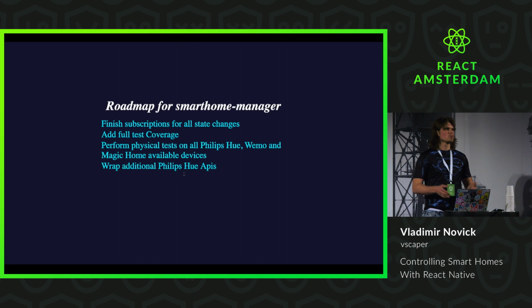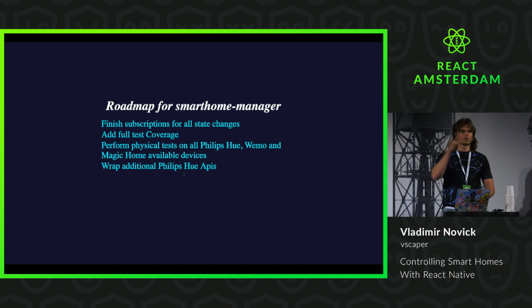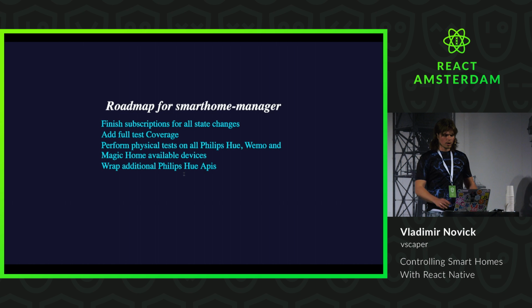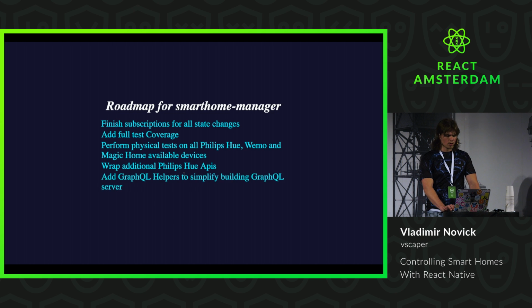Philips Hue API is huge. Currently it has all the basic functionality, but Philips Hue has also authentication API and remote API. You can connect to your home remotely, you can authenticate yourself, etc. I really enjoy using GraphQL, so the next thing is to add GraphQL helpers. You've seen that queries I passed, instead of writing them down manually, requiring GraphQL helpers and merging schemas, that will be a really good step to improving the package